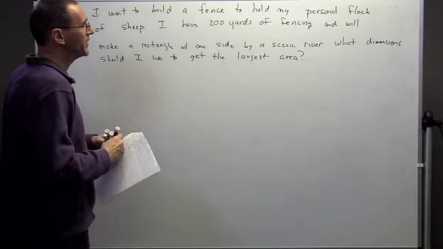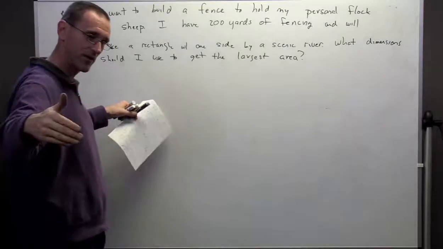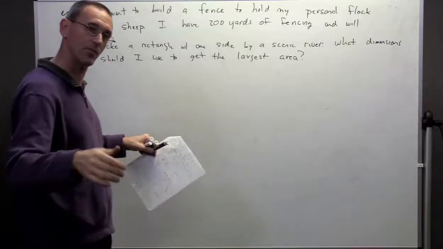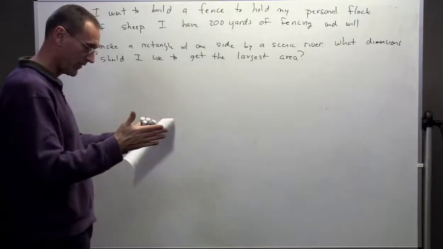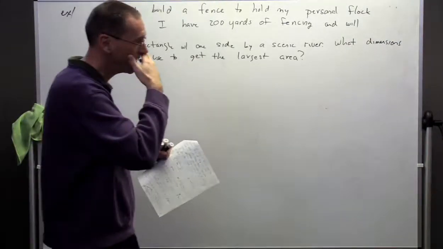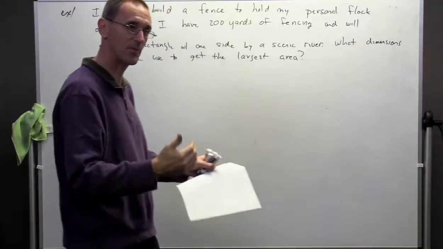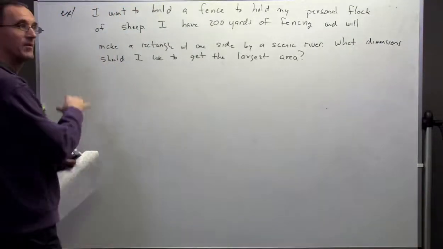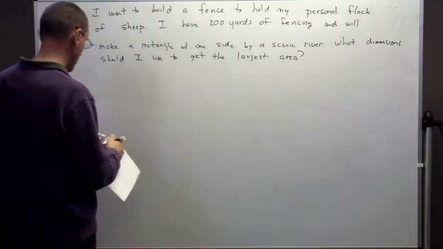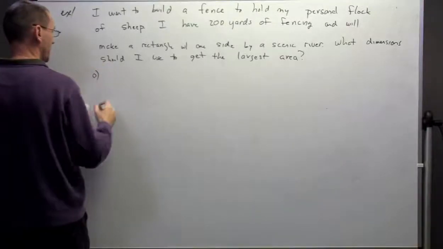So there's many ways to do this. I could just lay it out very long and thin. I won't have much area, or I could make it very skinny and very wide. Again, I wouldn't have much area. So the question is where's the happy medium that's going to make my sheep as happy as possible? Okay. So the first step,